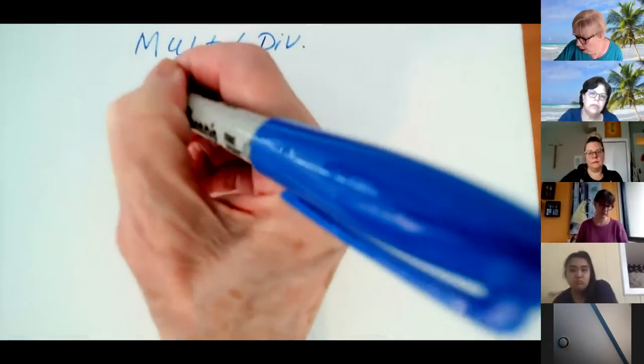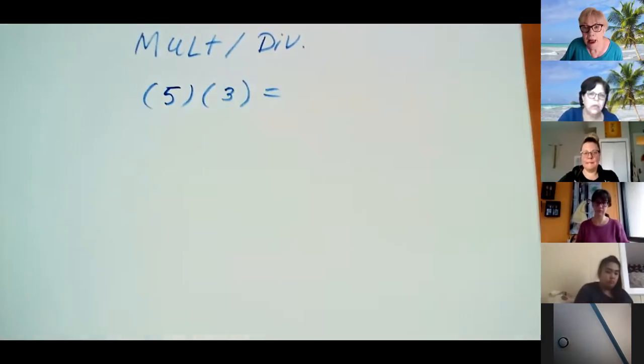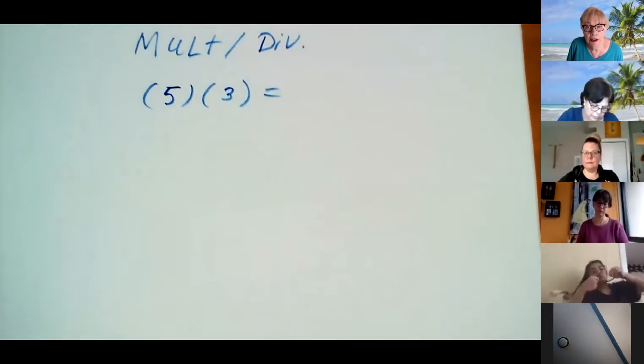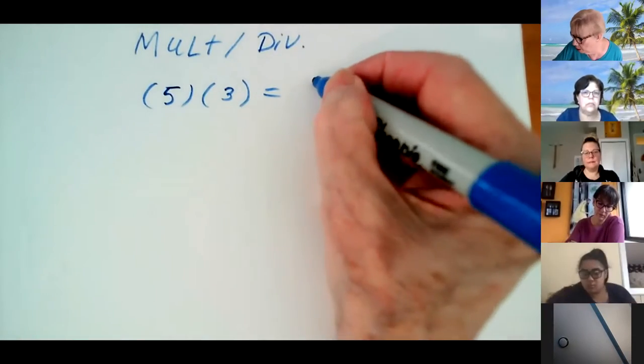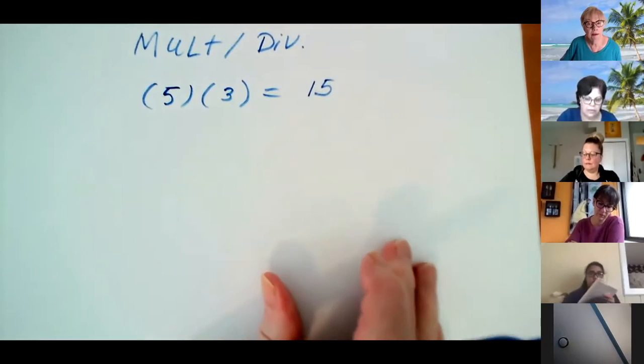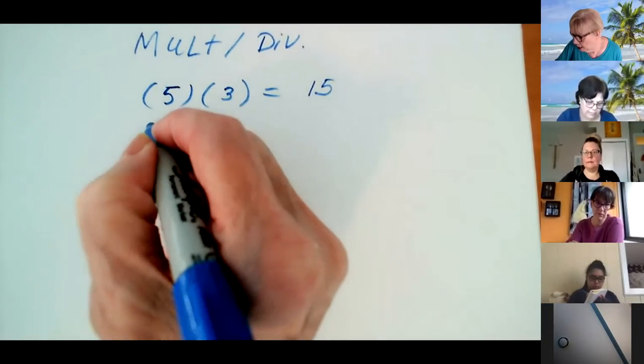I'm going to multiply this and this. And that's the one you know because you've done it for years. So a positive number times a positive number is still positive. Is that okay with you? So now let's take